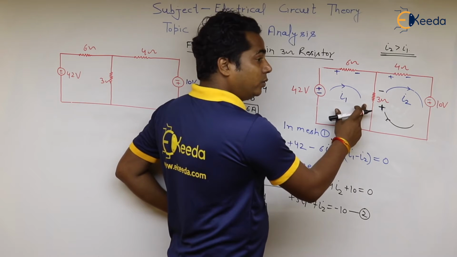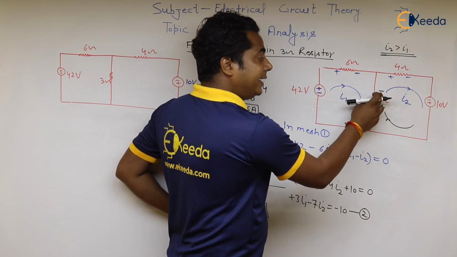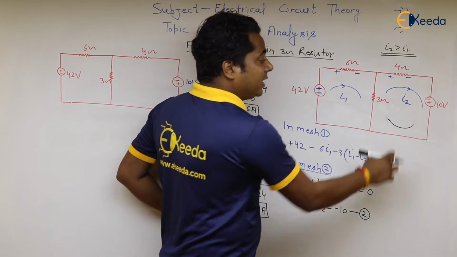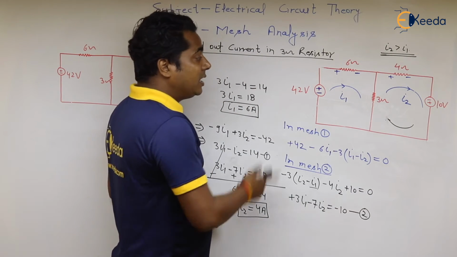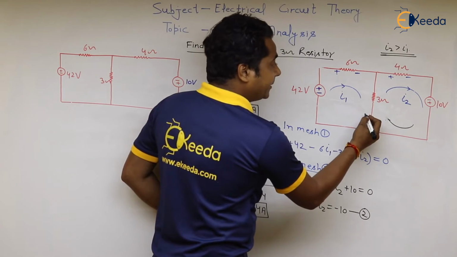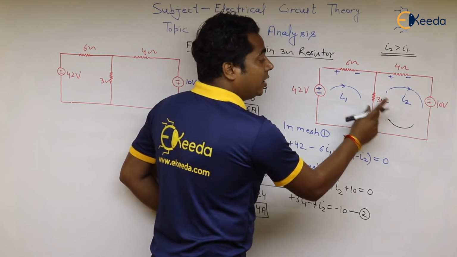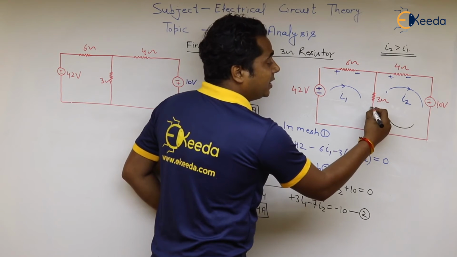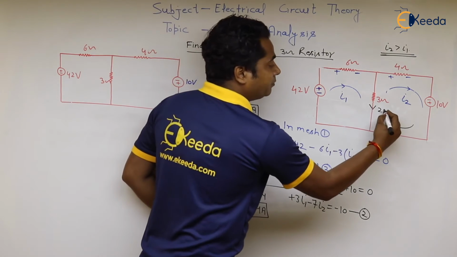So we have to take care of the sign of the current. Whatever sign we have assigned, now it will be changed, and we will assign the direction on the basis of the actual current we are getting through this equation. I1 is downward, and that is 6 ampere, and I2 is upward, 4 ampere. Then I1 minus I2 will be what? 2 ampere, and I1 is dominant, that is 6 greater than 4 ampere. It means the value of current in the 3 ohm resistor will be 2 ampere.